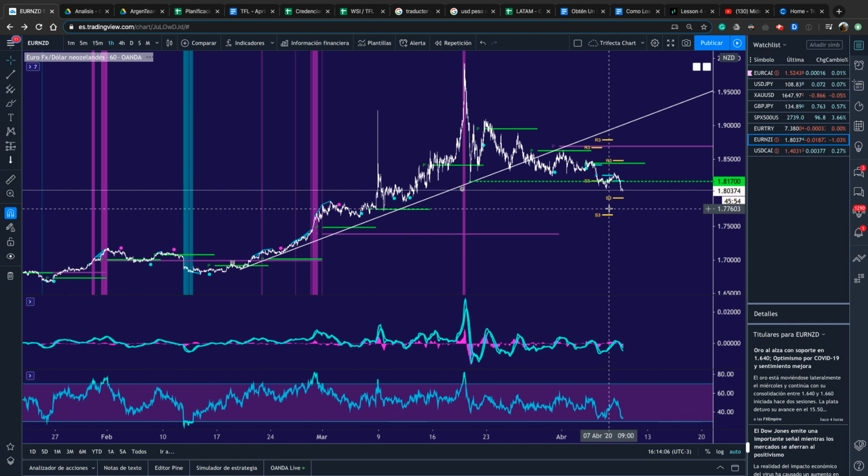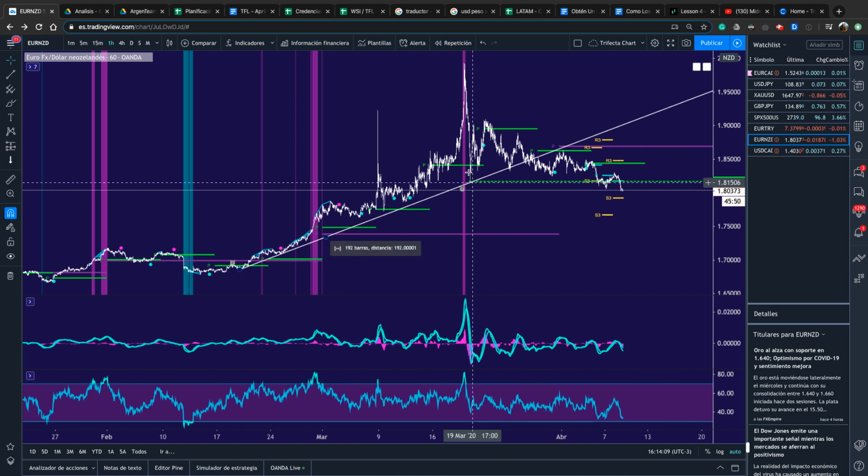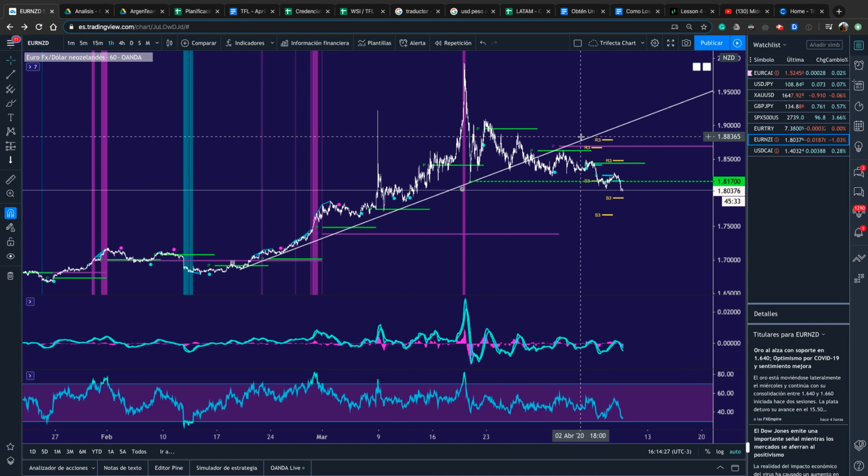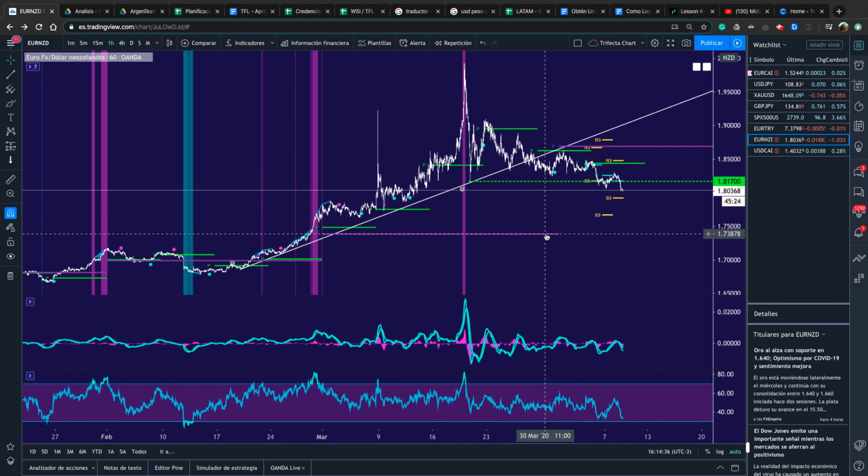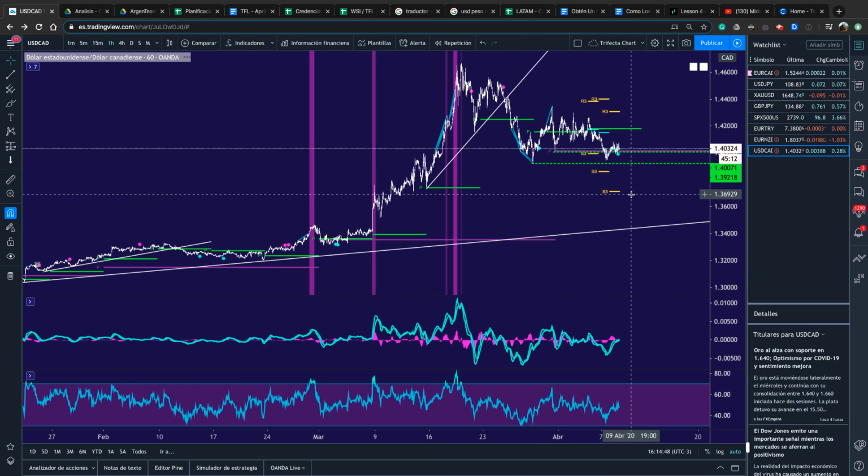I want to talk about the Euro New Zealand and the USD Canadian. The Euro New Zealand has this March monthly pivot missed, and now it has broken this support level, and it was an important level because it was the level of the main trend line. Okay, and now it's showing willingness to go down, and we have this amazing target here. So I am super bearish on the Euro New Zealand,